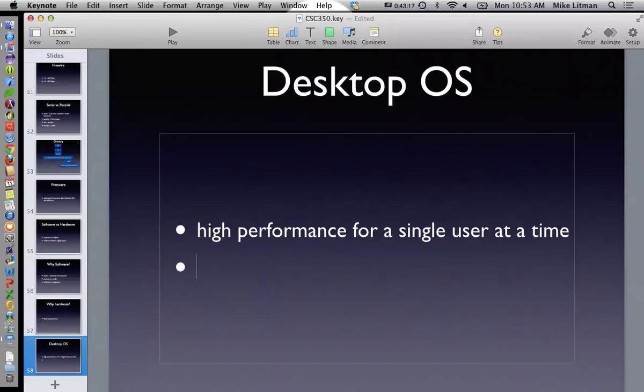What else? What else might the focus of a desktop operating system be in terms of all the stuff we've discussed up to this point related to operating systems?